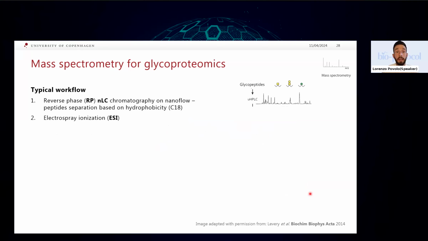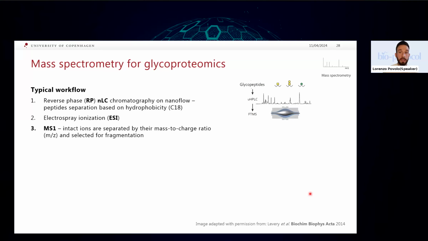Peptides then undergo electrospray ionization. This can also vary, but this is our setup at least. And the mass spectrometer then, typically our Orbitrap mass spectrometer. In our center, we have Orbitrap Fusion or Orbitrap Fusion Lumos instruments. The first scan essentially separates the intact ions based on the mass to charge ratio, to allow selection